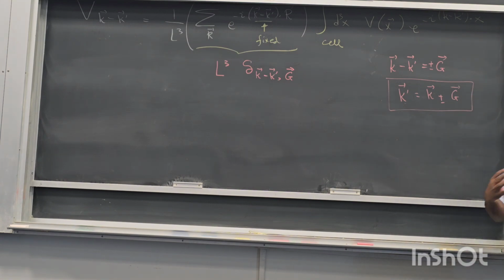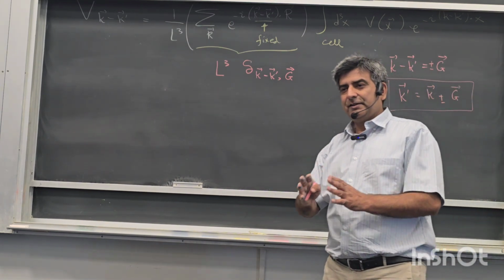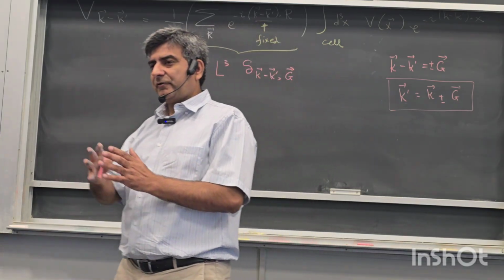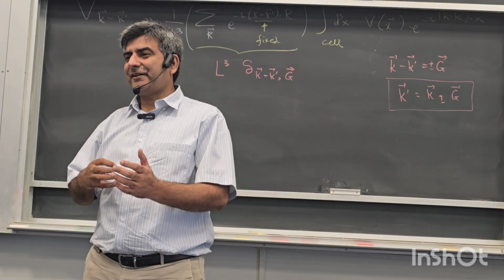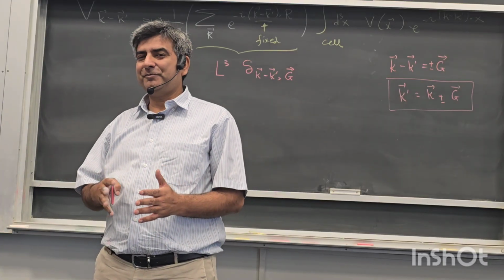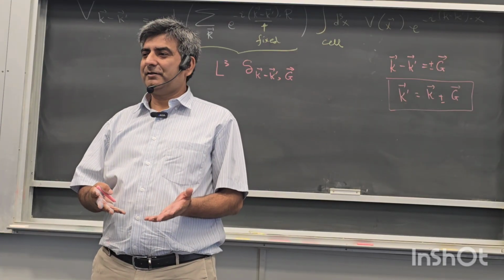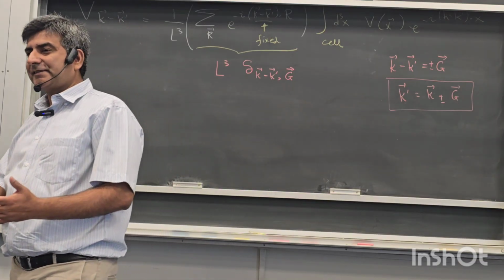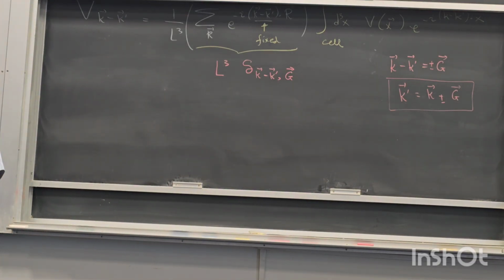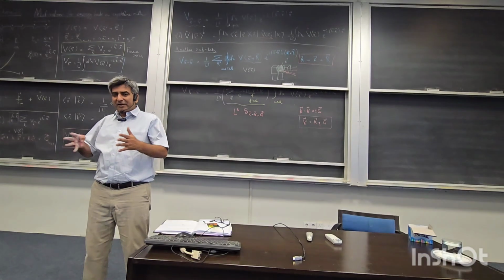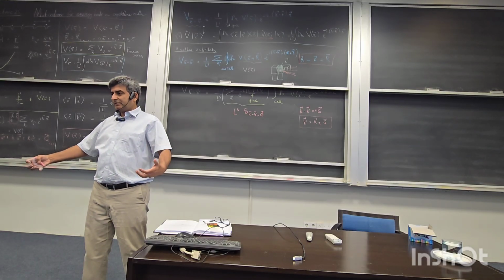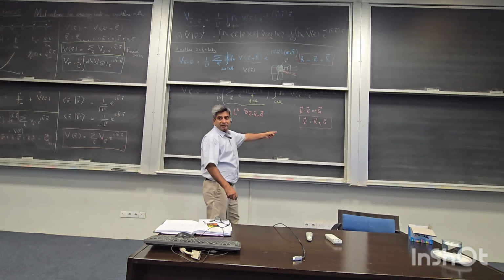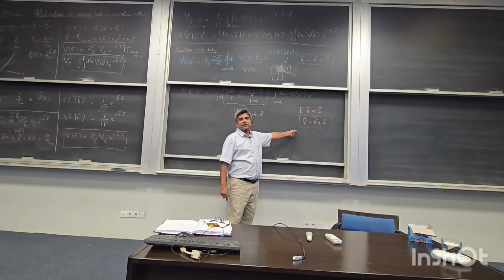The change in the propagation vector for X-rays along a scattering direction must be equal to a reciprocal lattice vector. So X-rays can scatter. Here electrons are being scattered by the diffraction grating that is set up by the periodic arrangement of the crystals. So this is exactly the Bragg condition that we've derived for diffraction,